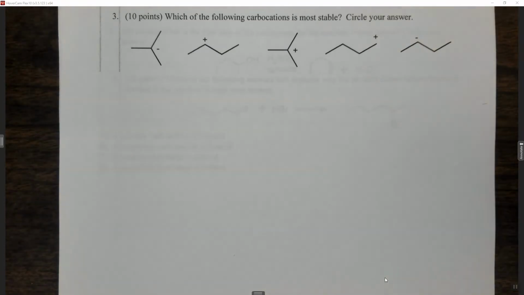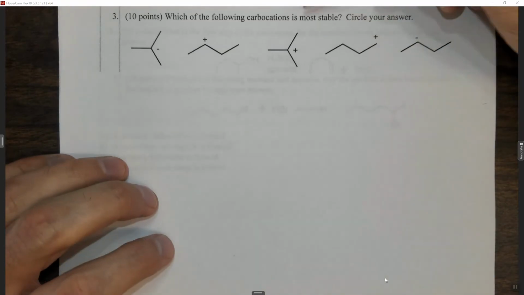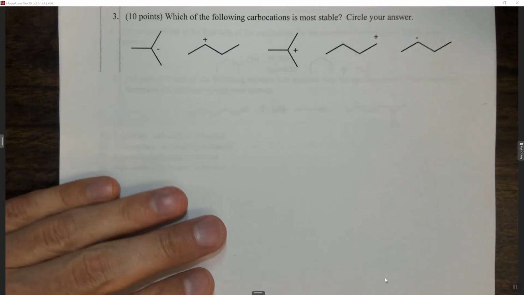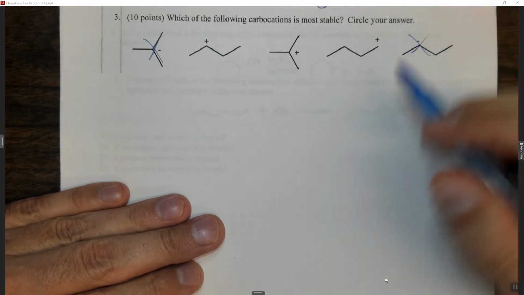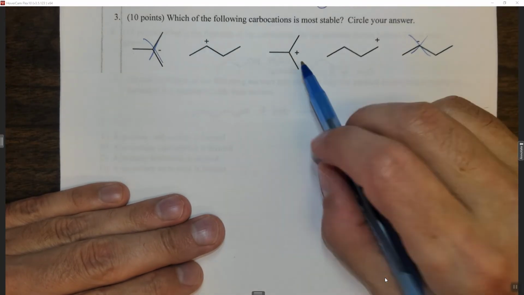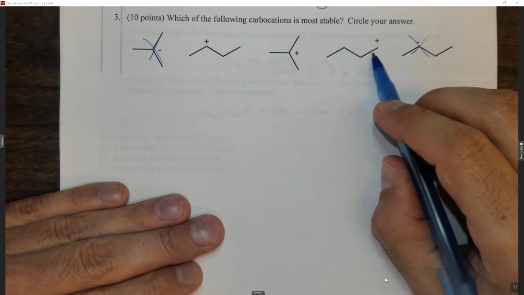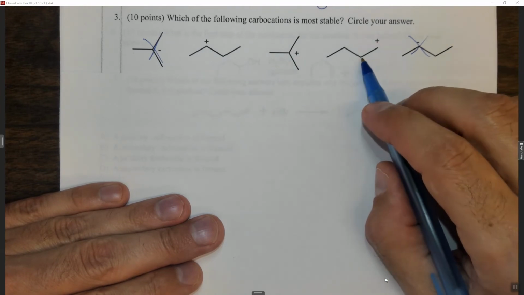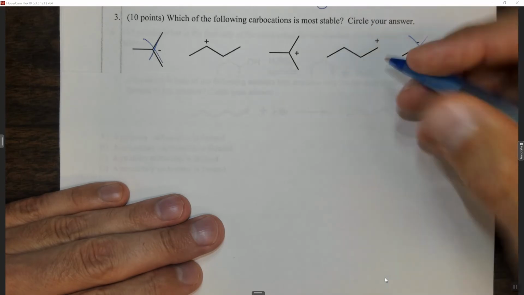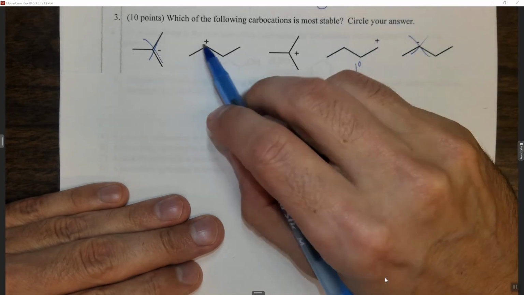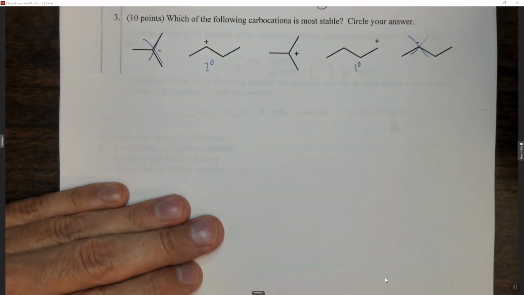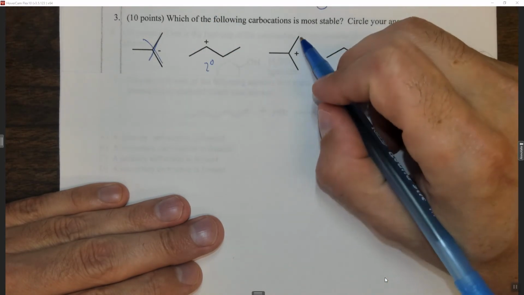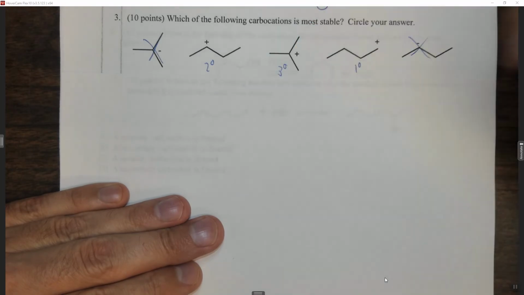All right, so the next question asks us which carbocation is the most stable. So first of all, carbocation is a positively charged carbon, not a negatively charged carbon. Those are carbanions, so those are out. All right, so carbocations. In this case, we have a primary, a secondary, and a tertiary. So primary is because this carbon with the positive charge is bonded to one other carbon. So this is a primary carbocation. This carbon with the positive charge is bonded to 2 other carbons, so this is a secondary carbocation. And this carbon with the positive charge is bonded to 1, 2, 3 other carbons, so this is a tertiary